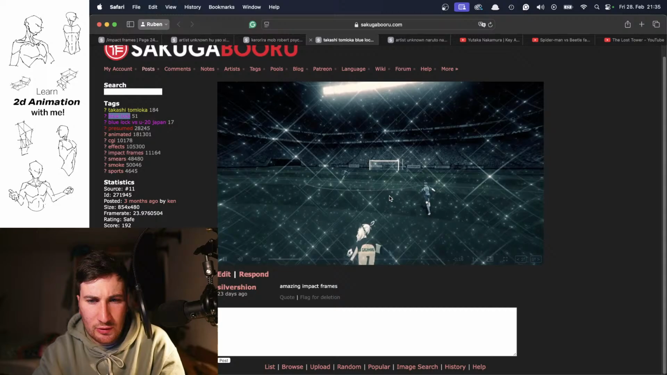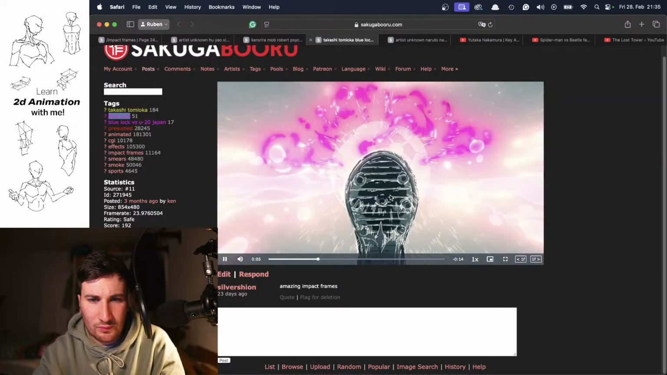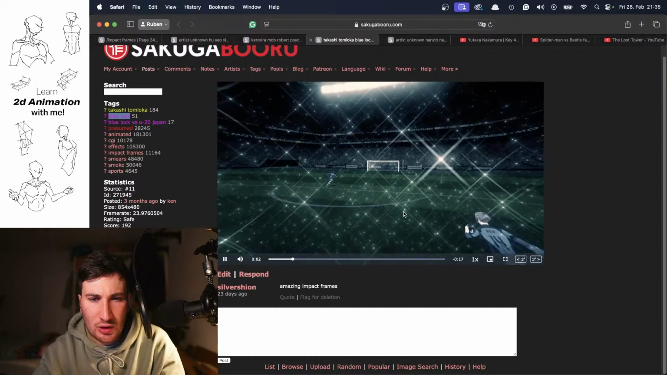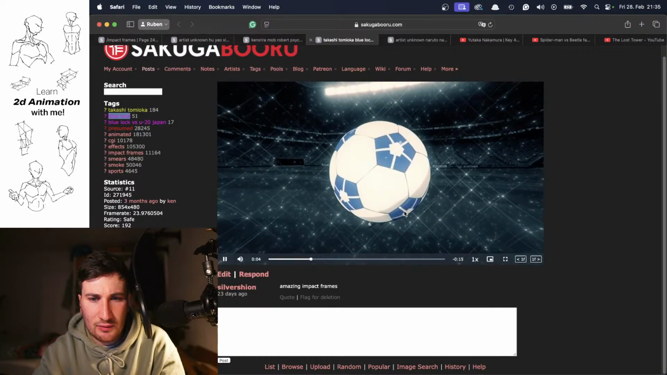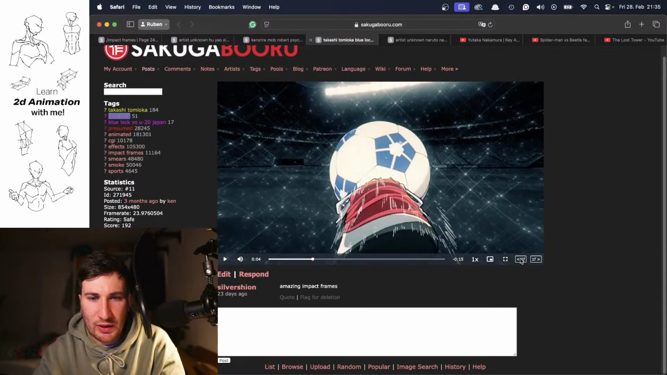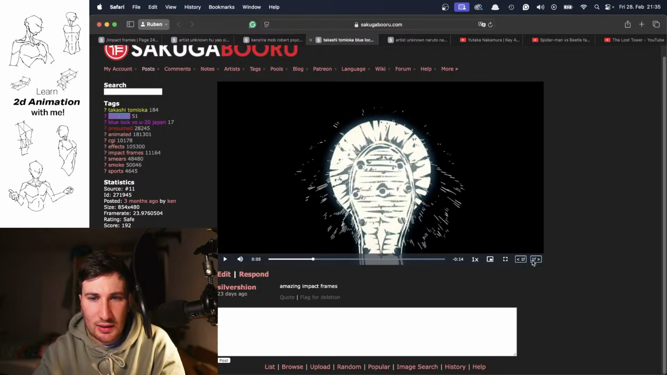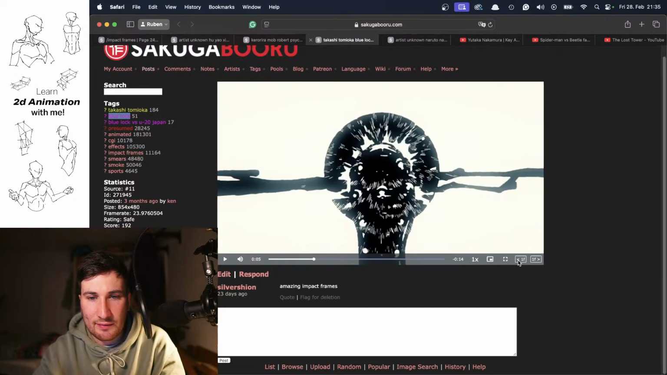from Blue Lock, where you also have an impact frame. Also a cool scene. And let's go quickly through it. The ball here, then the foot is coming. And then again, we have the black background. Here again, we have these highlighted parts. And now, like I did also,